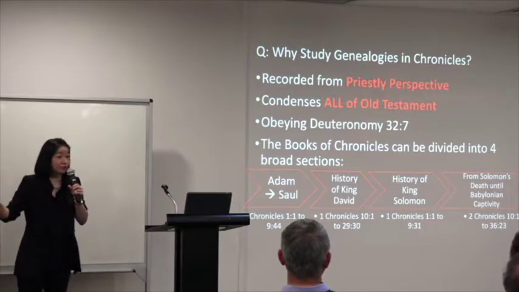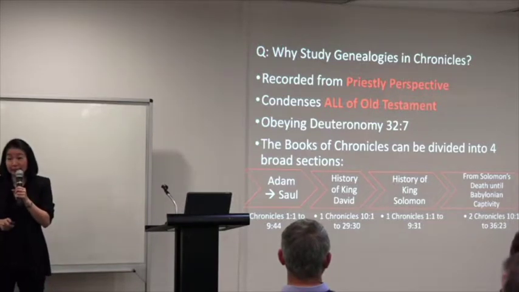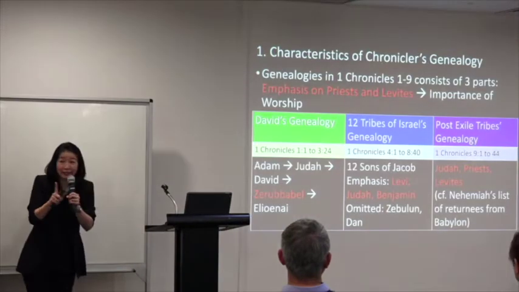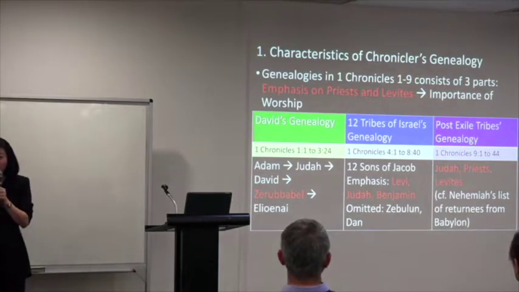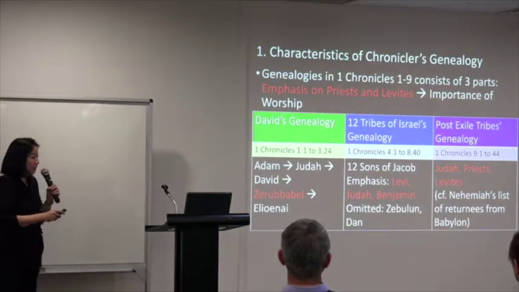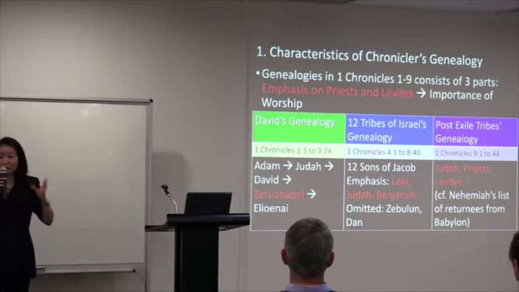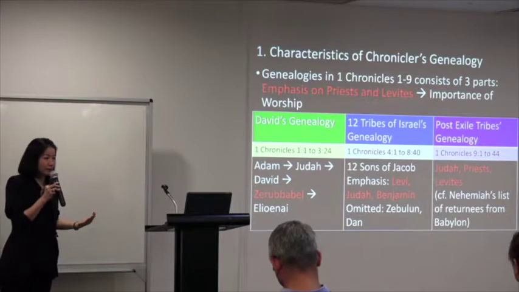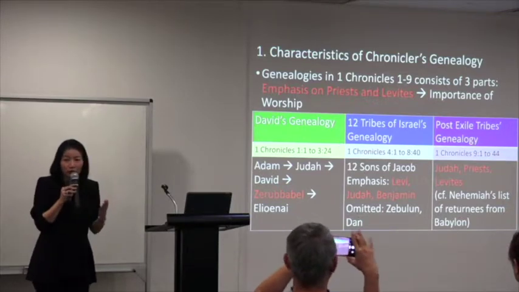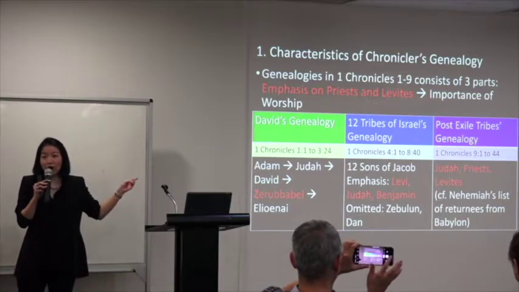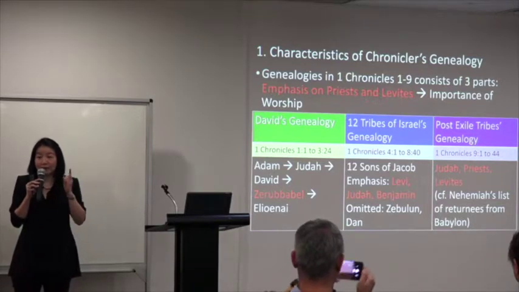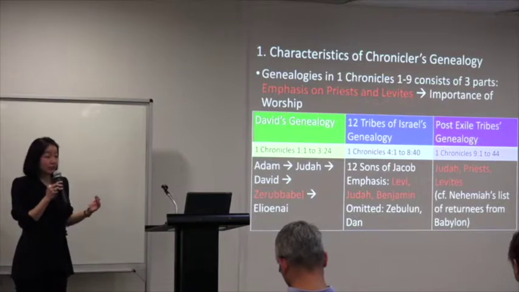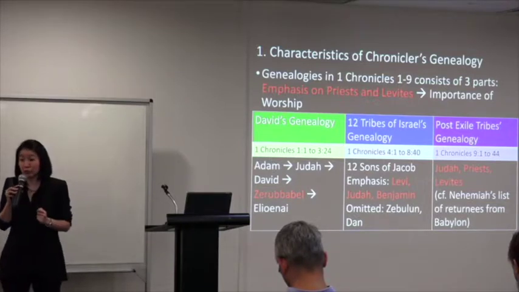These 3,650 plus years are all in these 4 sections. So today we're going to look into only chapters 1 to 9, only the genealogy section. So the emphasis and the answer to knowing this is, regardless of the names and the tribes, you need to know the center focus of God writing this book is on the priests and Levites, but specifically on the high priest, the highest station and position in the Israelite community.